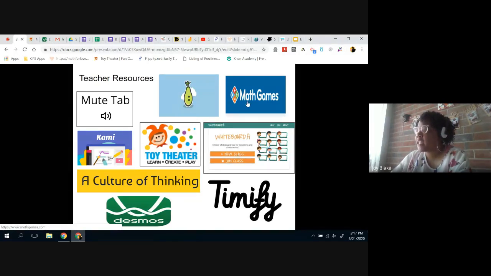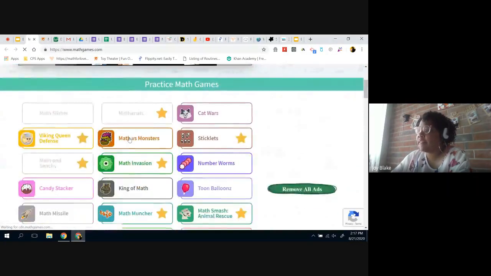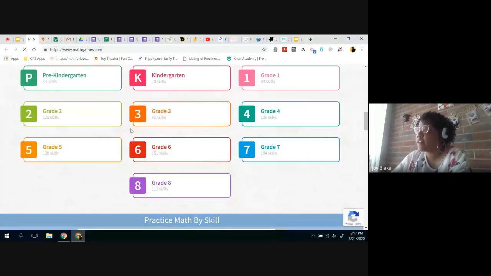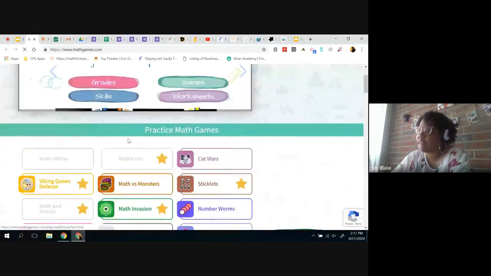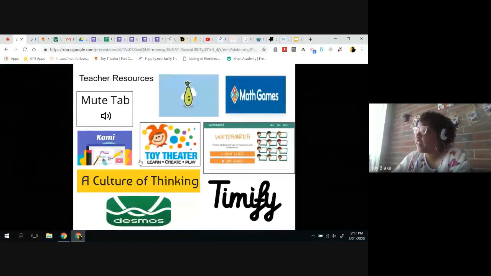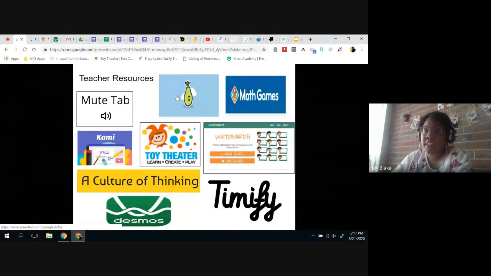Math games, my son who's about to go into kindergarten, he uses this a lot. So if you're an early childhood teacher, I found these were really good, and they do have different grade levels. But for the kindergarten skills, this was the best website that I found that he actually learned something, and he's able to play it without me monitoring him a lot. And then Pear Deck, that's a tool where you can add on to a Google slide and make it interactive. Kids can